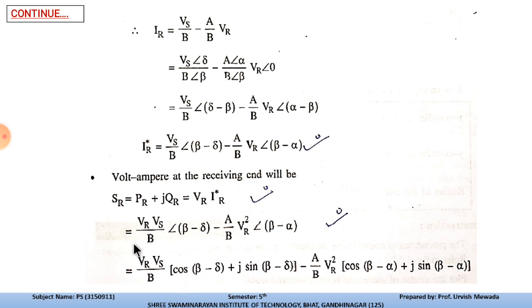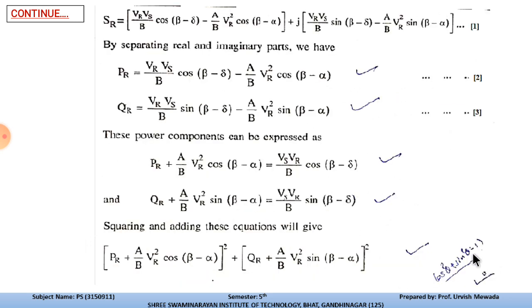When you solve these two, you will get the equation in terms of cos beta minus delta plus j sin beta minus delta, and A by B VR square cos beta minus alpha plus j sin beta minus alpha. Now SR will become VR Vs by B cos beta minus delta minus A by B VR square cos beta minus alpha, plus we